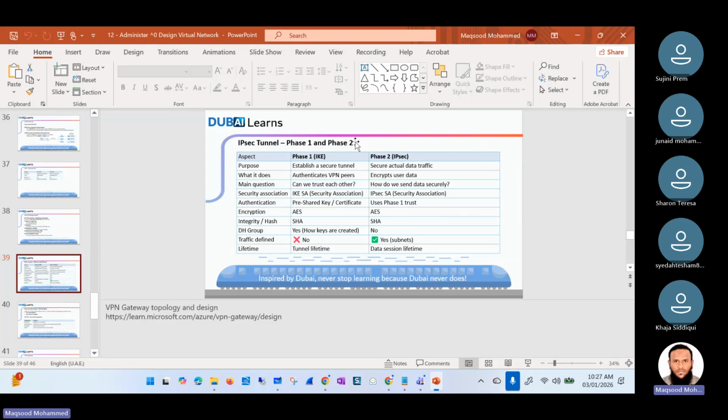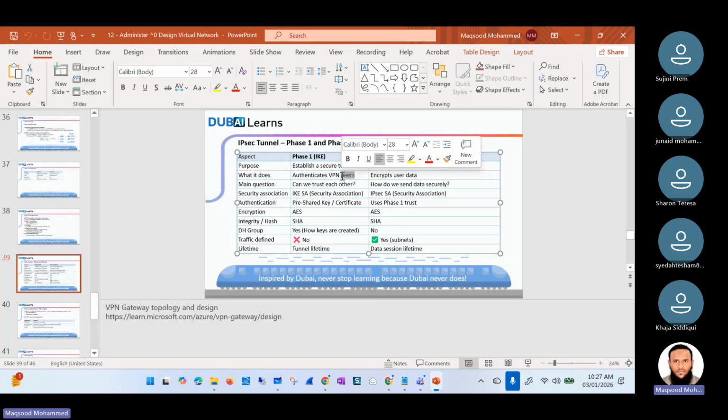So when you are configuring the site-to-site VPN, there are two phases of configuration, phase one and phase two. Phase one is where the tunnel gets established. In phase one, between two gateways, the tunnel will be established, and this is just for authenticating the devices to each other. And then you have to provide the parameters for phase one: the authentication, encryption, and the hashing algorithm. All the settings you have to provide during the phase one setup. And then phase two, this all happens in the background, but you have to configure the